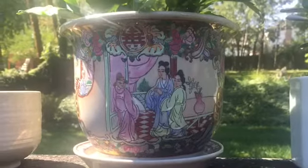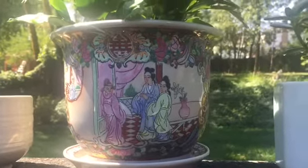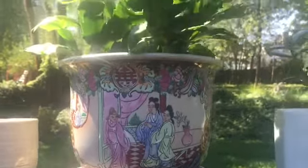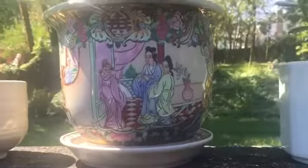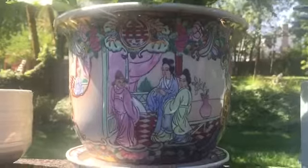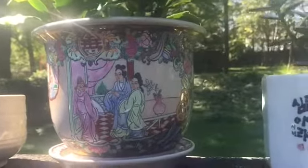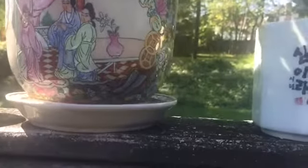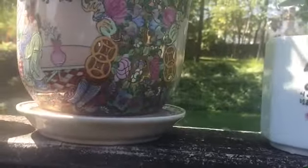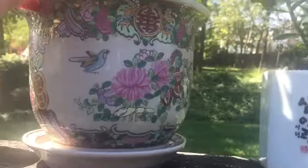This is a rose medallion pot, and it was a gift 31 years ago from our Aunt Shirley. And Aunt Shirley has wonderful taste. She loved to go antiquing. So this one came from an antique shop. And this is actually some of my favorite type of pottery. I'm going to try not to break it because it's one of our treasures here, but this side has a